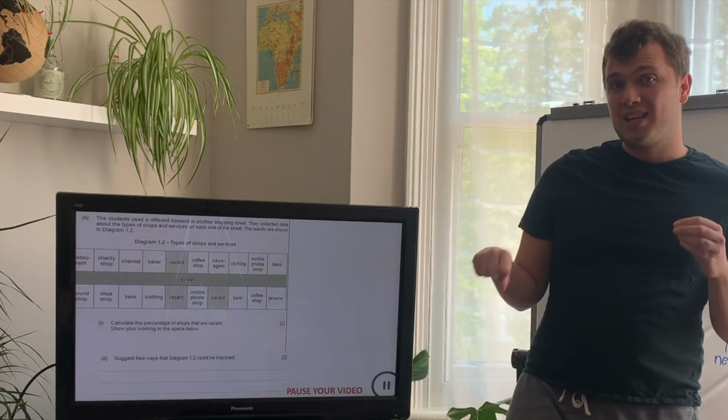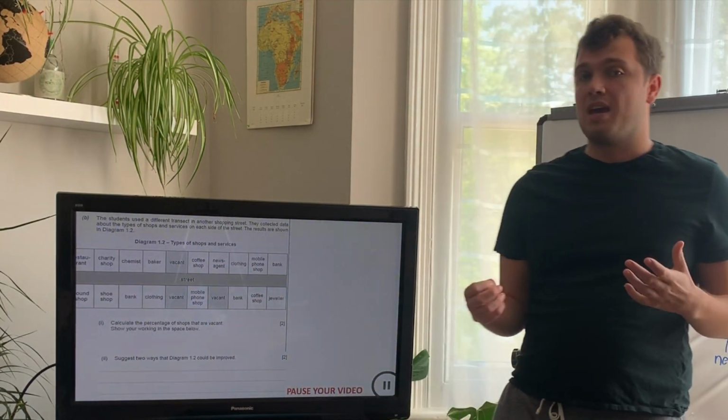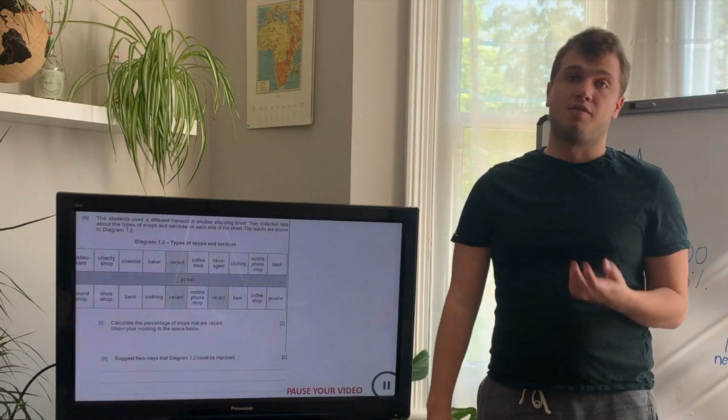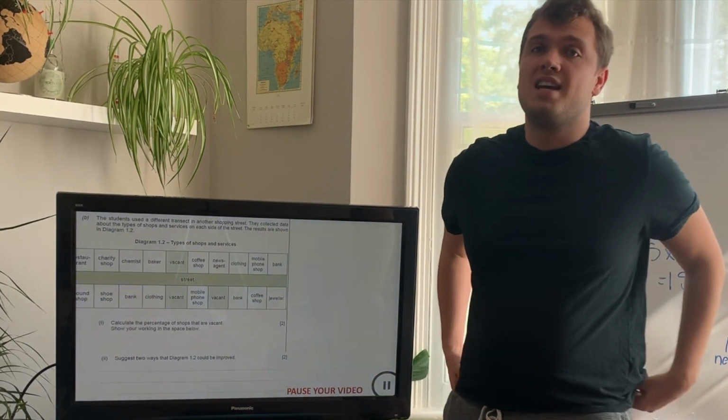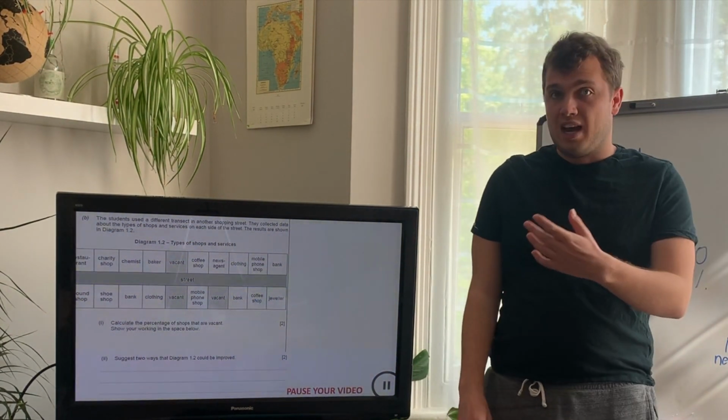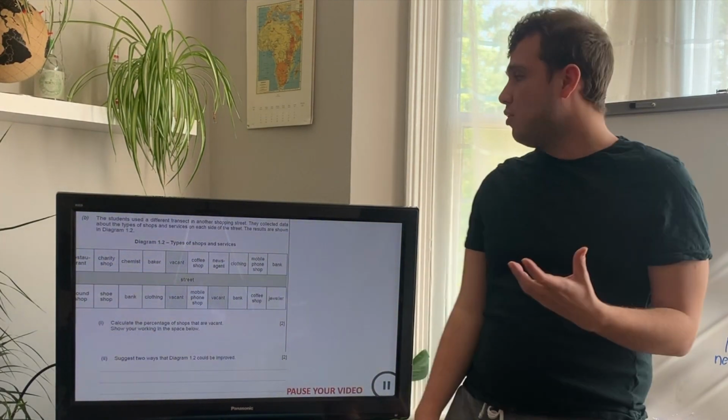You could start to group them together, and then you might be able to see, if you did a different colour for each different category, you might then be able to start to see which of our different types of retail there are more of, and what you would expect to see more of on a high street.